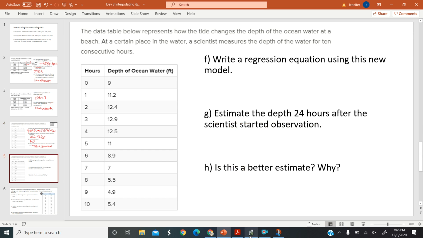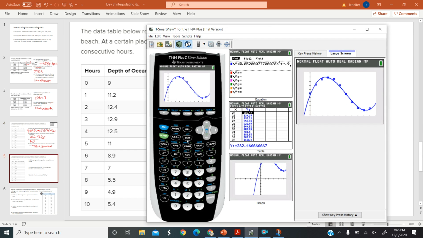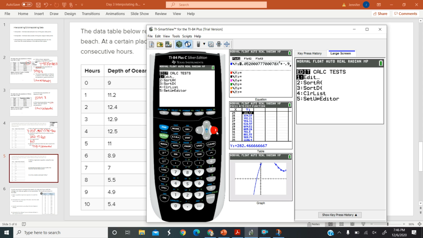So I'm going to come back to my calculator and I'm going to go to stat calc again. And now this time I want trig. So in the calculator, that's going to be called sine reg because it's always going to write a sine equation for you instead of cosine. So C is sine reg, and I'm going to press enter on that. And then there's a couple of different things here, and I think that we discussed this in an earlier unit. For the period,